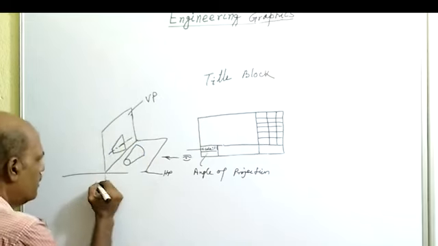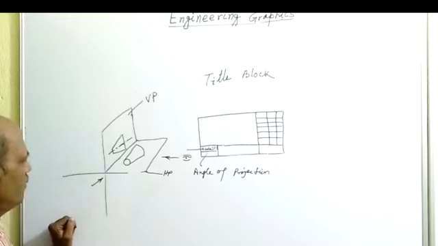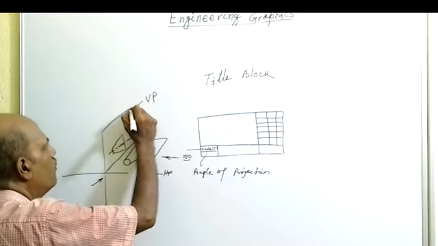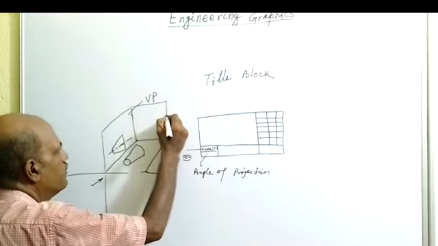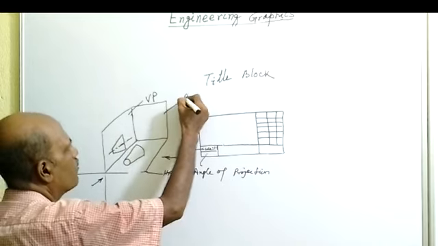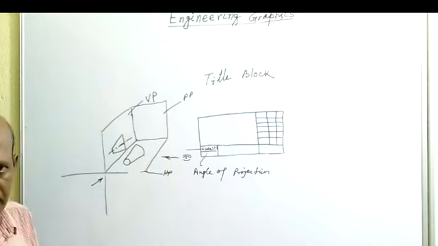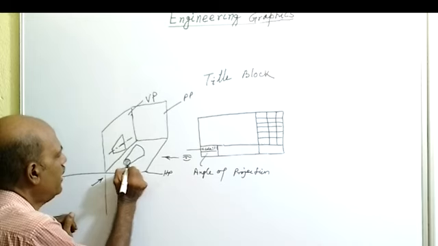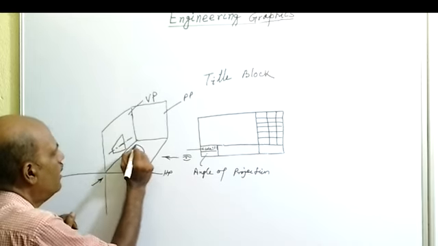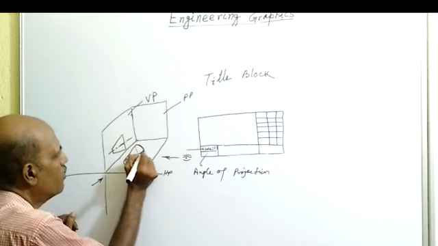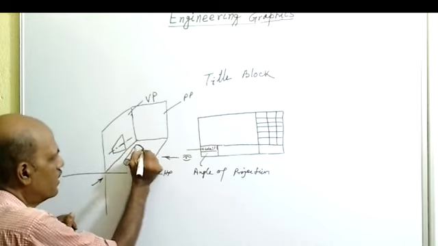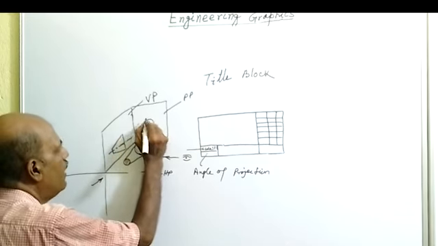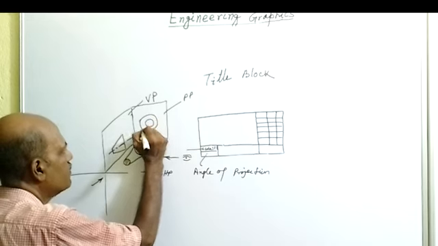Now if we look from this side, the left hand view will be projected on PP. If you draw PP here, this is the PP, that is called the profile plane. On this plane, the right hand side view will be projected. From the right hand side we can see this circle as well as this bottom circle. As the bottom circle is the larger circle, we can see the smaller circle as well as the larger circle.